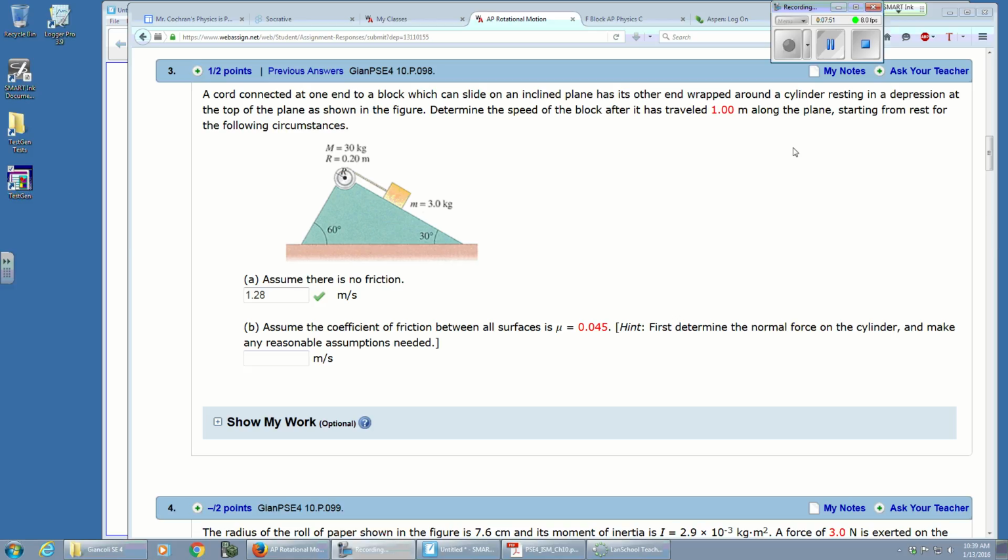Assume the coefficient of friction between all surfaces is mu. First, and they give you a hint. First, determine the normal force on the cylinder and make any reasonable assumptions needed. So we're saying that our cylinder also has friction on it, not only our box, which when I first looked at it, I'm like, oh, they just mean that now there's friction on the box, and we don't have to worry about the cylinder. But I was glad they gave the hint,